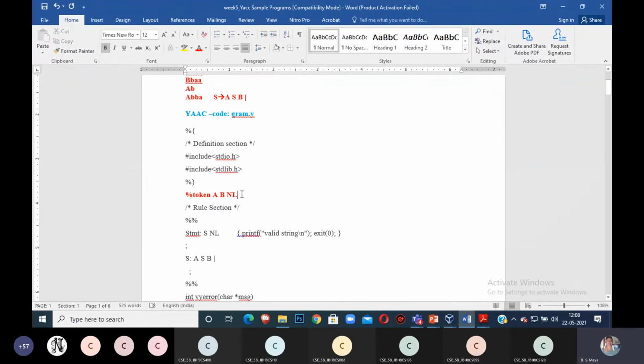This is not all that a program requires; it depends on the problem. For this problem, this is what I required, and I wrote it. If you want, you can rewrite whatever I am giving in the YACC program. You can change the grammar and accept A to the power of n, B to the power of m. You have to try after two, three, four classes; then you will know the logic of YACC. You can try it. After the definition section, you start with your rule section.